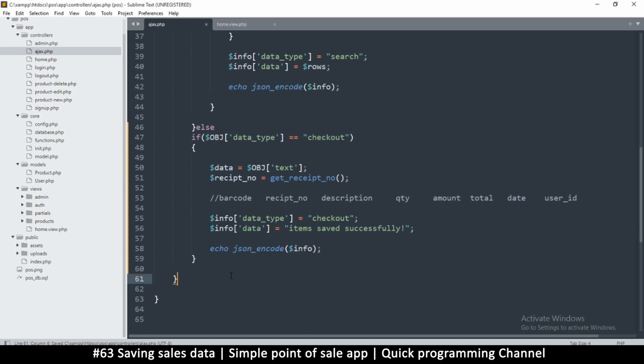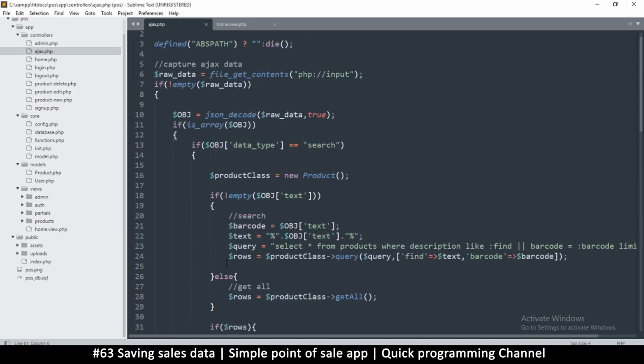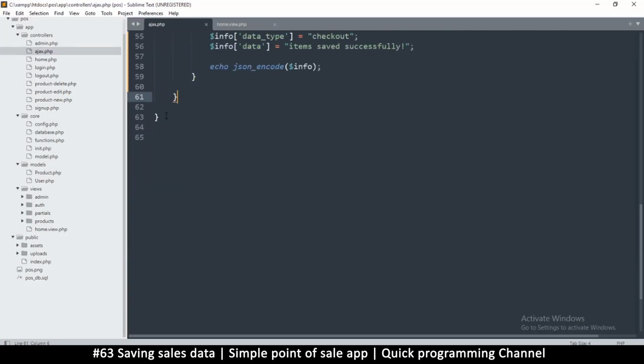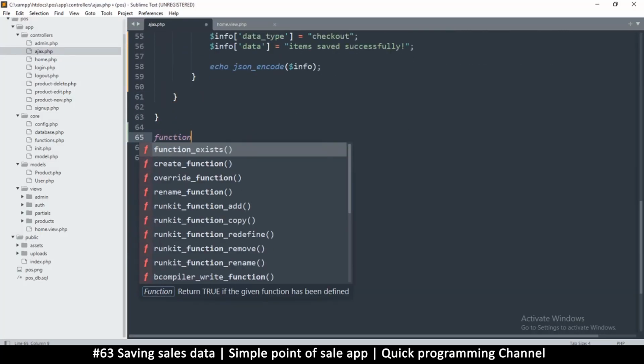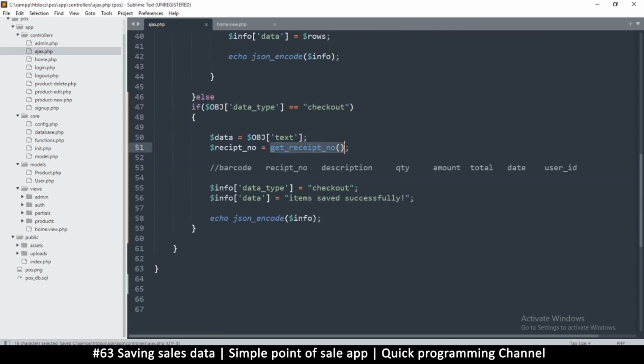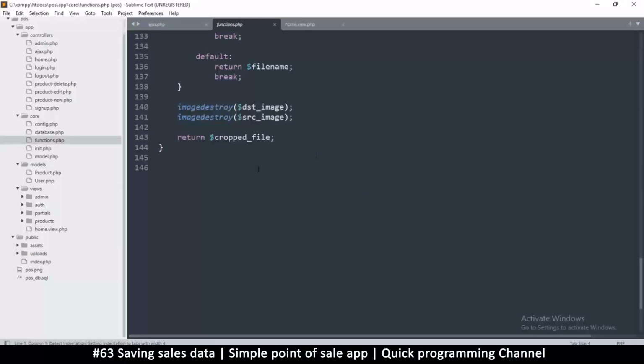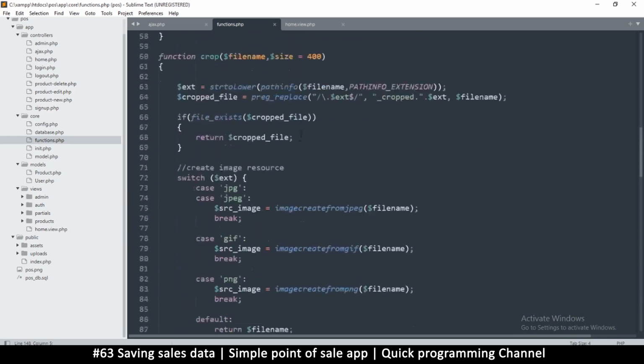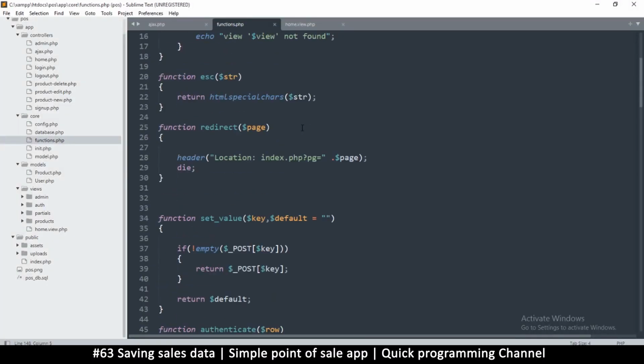And what we will do is create a function anywhere around here, really, it doesn't matter. Let me just put a function here. Or what we can do, since we have a functions file, we can just take that to the functions file. Let me go down here just so we can be a little bit more organized. So function, like so, and let's do that. So get receipt number. Now for now I don't want to bother with connecting to the database to check the number, blah blah blah. What I want to do instead is simply, but wait,